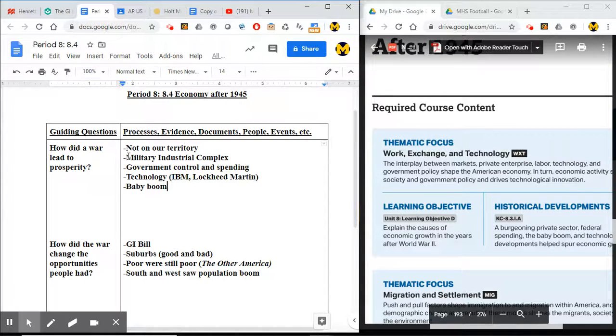Also, after 1945, this is a good key term to remember: the military-industrial complex. Dwight Eisenhower coined that term, but there's now a large section of our economy that is focused on defense. And after World War II, we go right into the Cold War, and so there's this whole new sector of jobs and the economy that's focused on building things for war and securing our defense systems for what is going to be a drawn out Cold War.